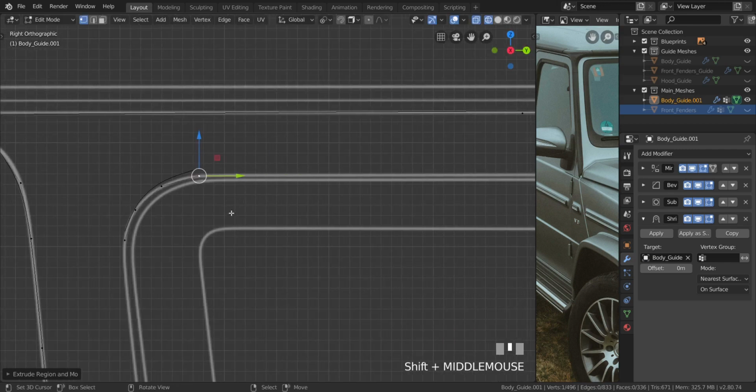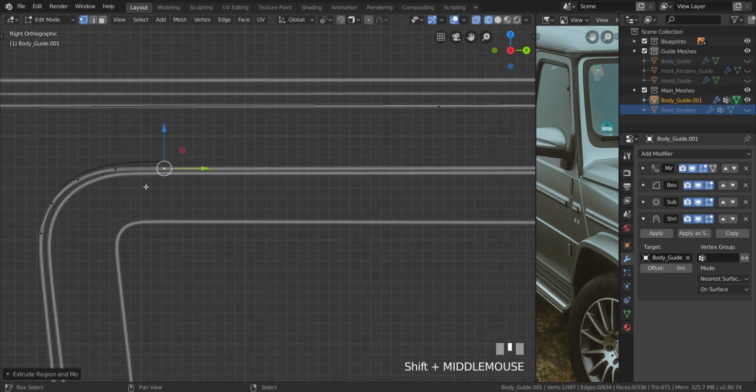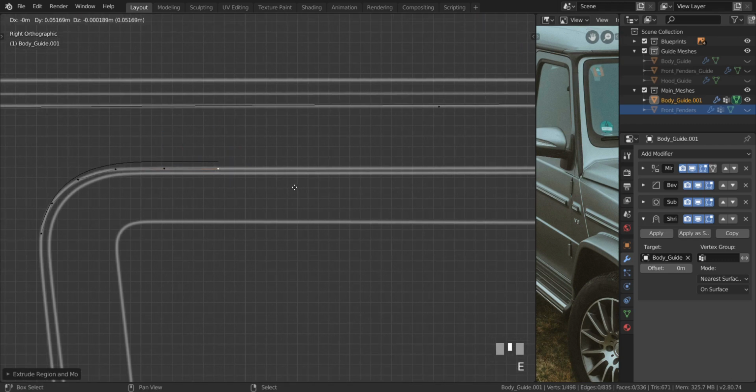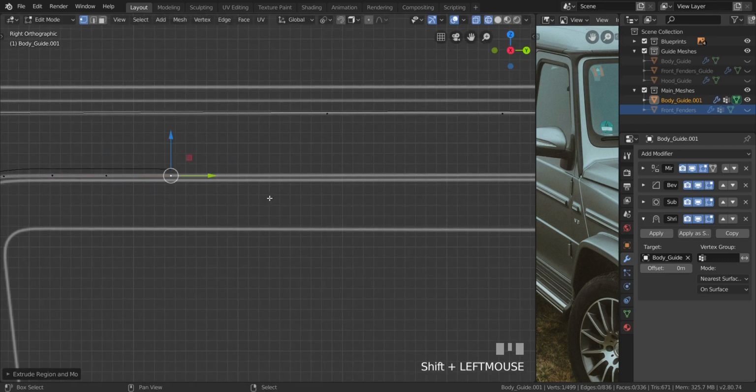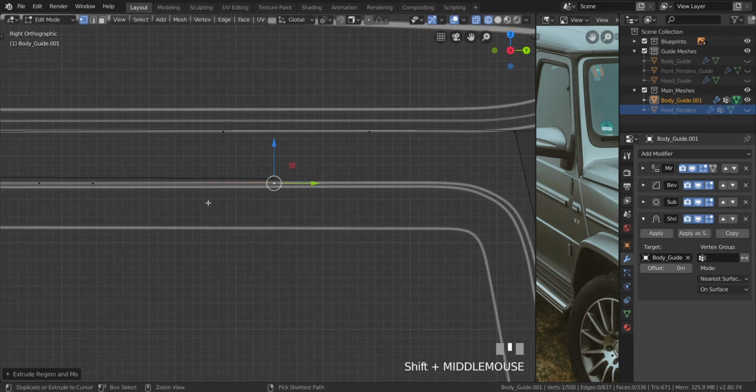Yeah, so that should be good. Press E, move it about the same distance as the one behind it. Do that one more time. Let's do it a third time. And let's extrude it in the y-axis all the way here. Let's put in 2